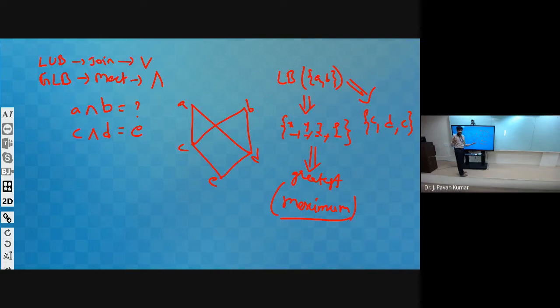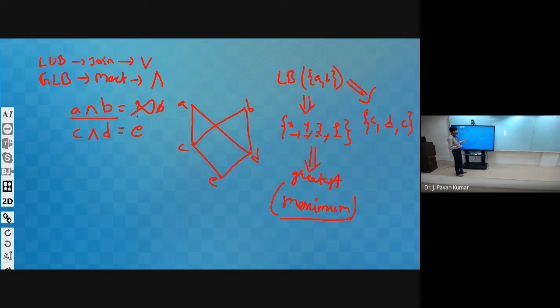We have seen several examples where we don't have a maximum element in the Hasse diagram, isn't it? So this is such a case. In CDE we don't have a maximum element, a greatest element. So the greatest lower bound will also not be there. So A meet B will not be present. Whenever we have A and B, a lower bound can be there, but we don't have any greatest lower bound.